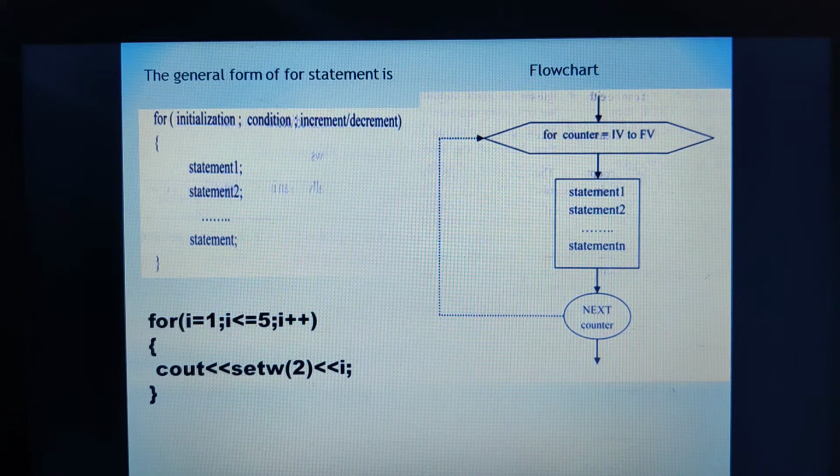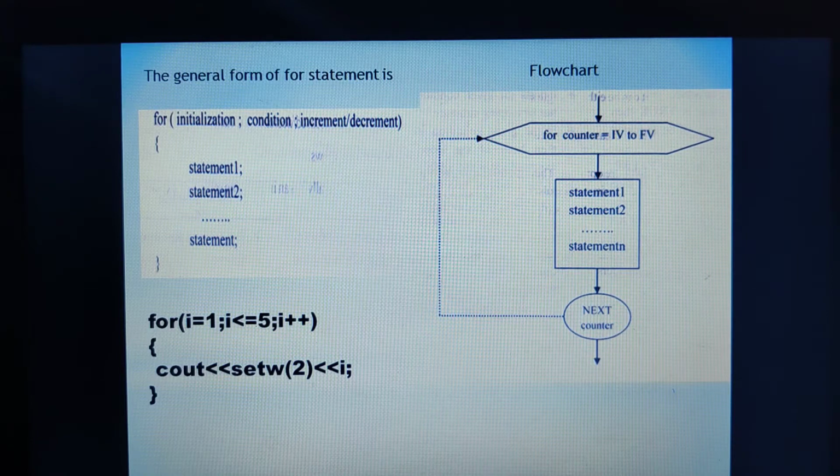This particular for loop is usually referred to as the fixed execution looping statement. Why do we refer to this one as a fixed execution looping statement? Because whenever we know in advance how many times the loop has to be iterated or repeated, like 10 or 20 iterations, then I can go for this particular for loop statement. Therefore we refer to it as a fixed execution looping statement.